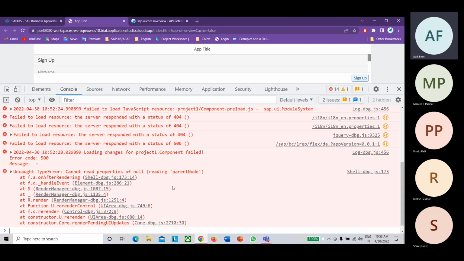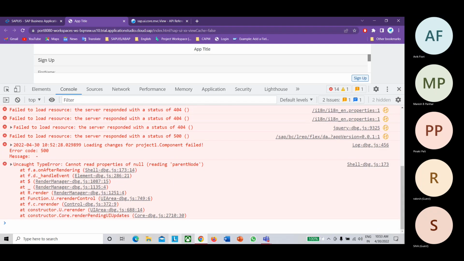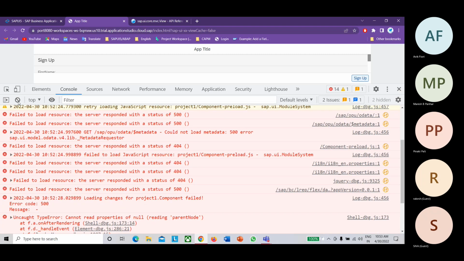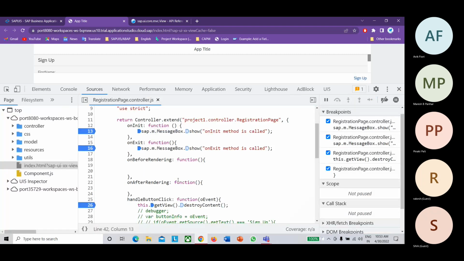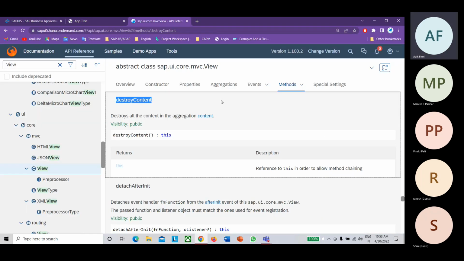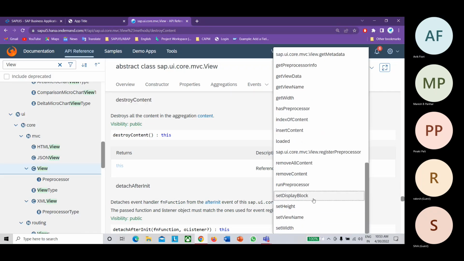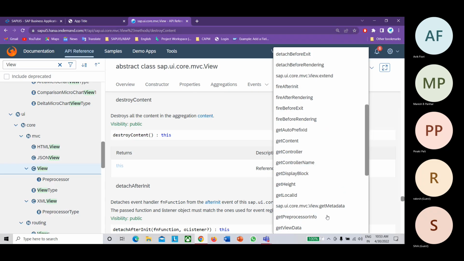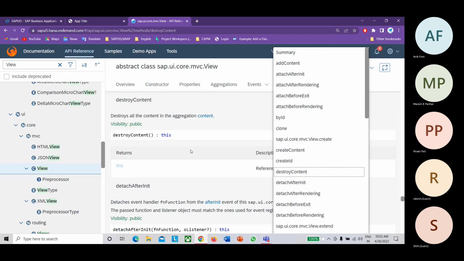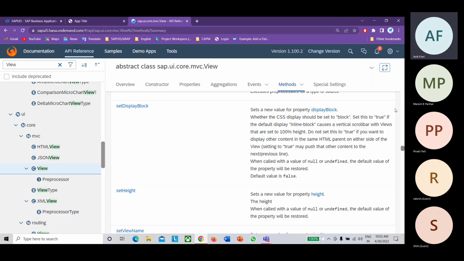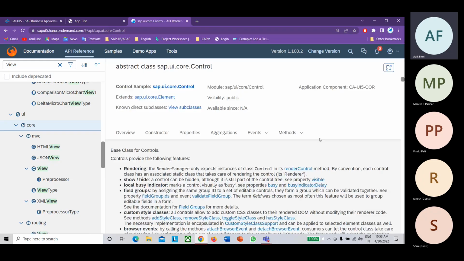Cannot read properties of null. Sorry, one more method is there, which I'm not able to remember. One second. This is view, which extends control.